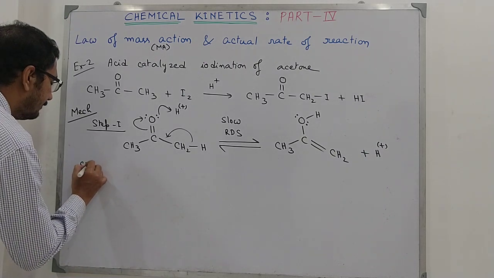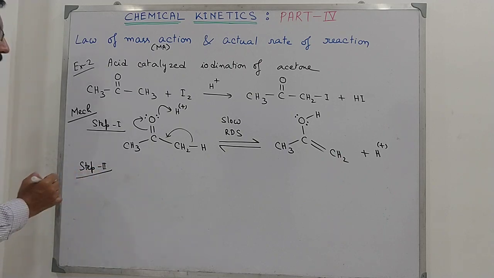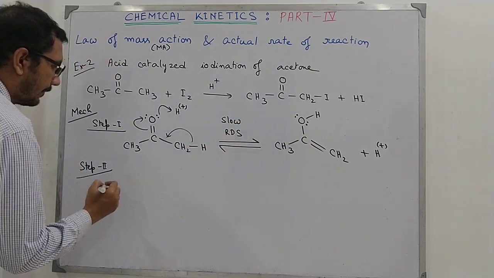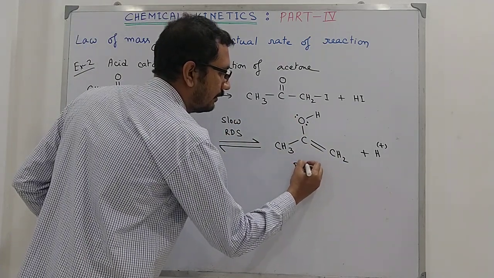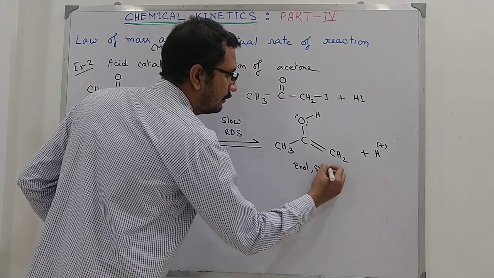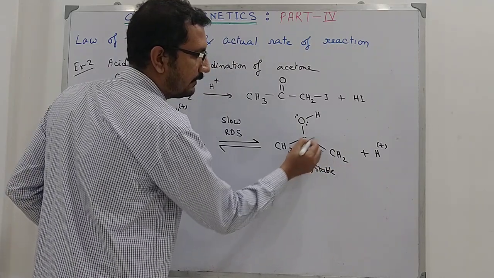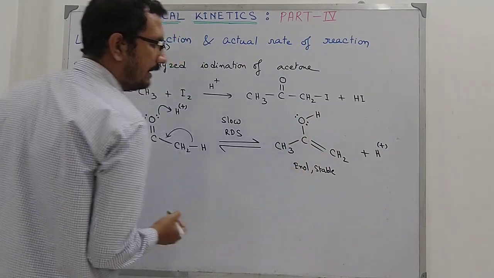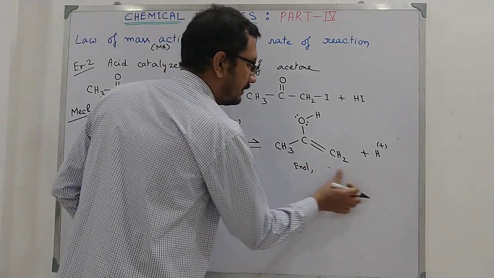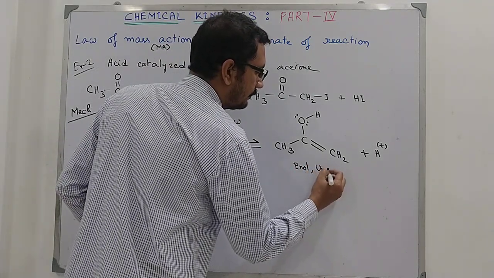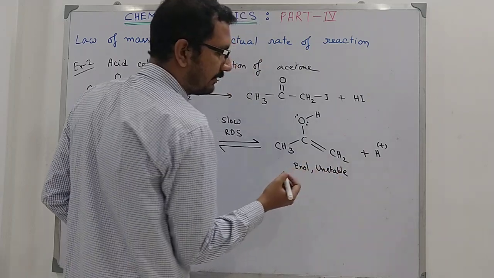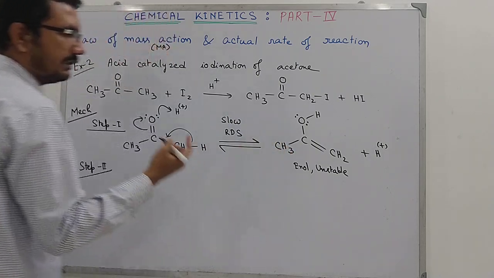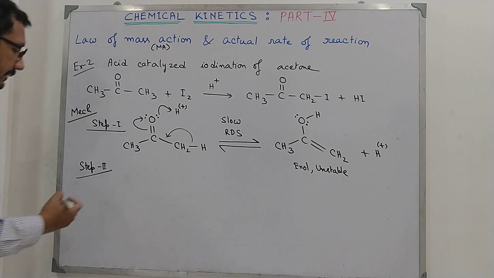Now in the second step, this keto form is stable and this enol form is unstable. You may write here enol, for this alkene group and this OH, so it is combinedly named as enol, and this is keto. This is unstable. Not all enols are however unstable. In some cases the medium, that is a solvent, can stabilize special types of enol, but here it is unstable.